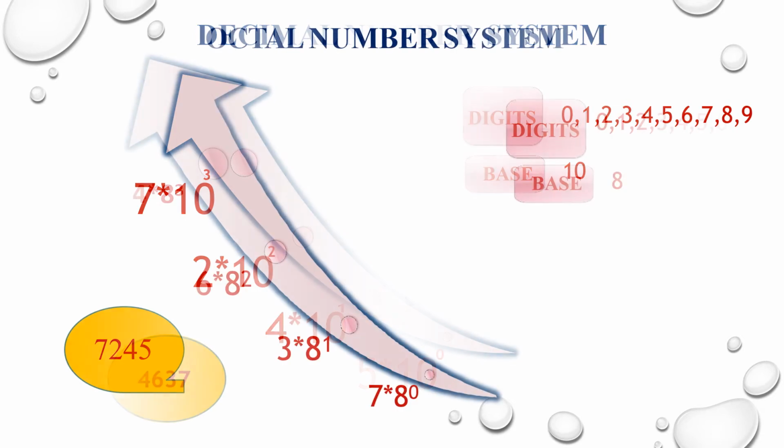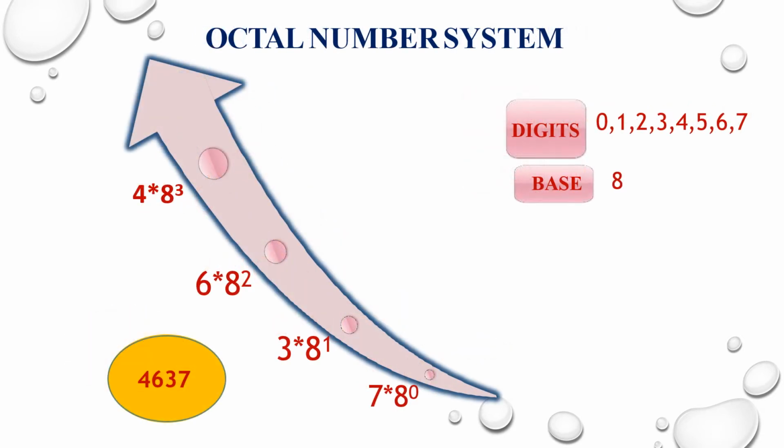Next, the octal number system. The octal number system has the digits from 0 to 7, so we write the base as 8. So 8 represents the octal number system. For example, this is one octal number, 4637, and we represent the weights in terms of powers of 8. So 7 into 8 power 0, 3 into 8 power 1, 6 into 8 power 2, and 4 into 8 power 3. Always we have to start writing the weights from LSB bit to MSB bit. Next comes